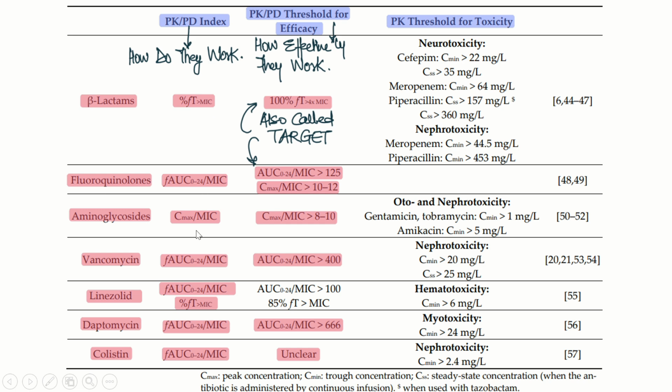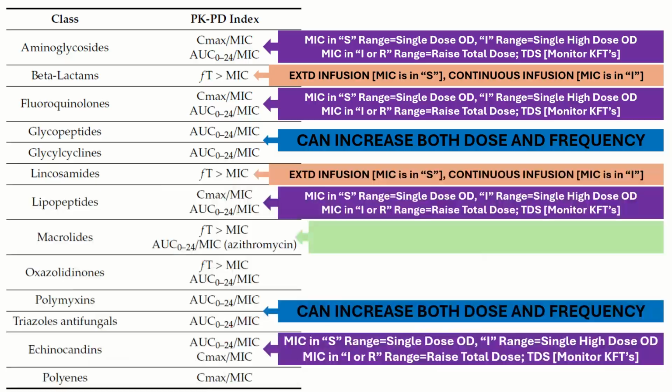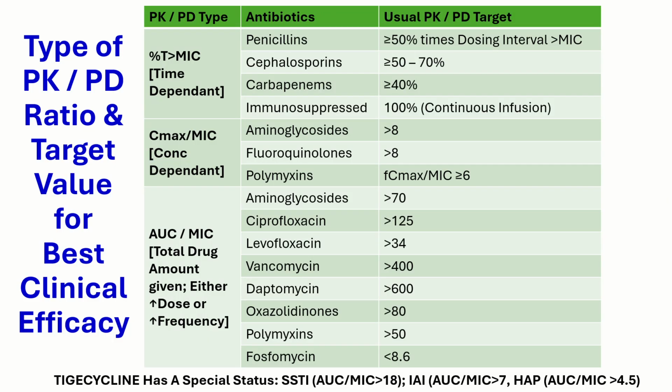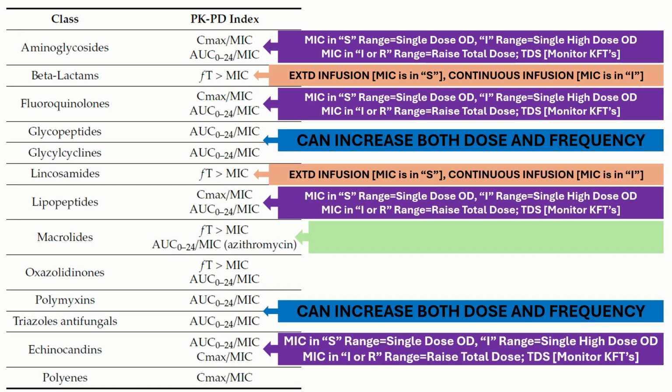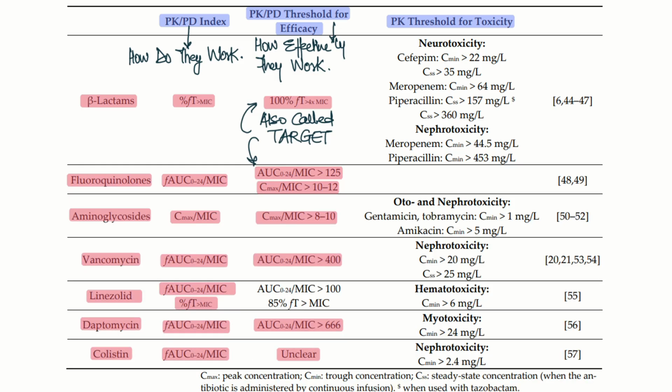Same thing goes for the aminoglycoside, Cmax to MIC ratio. This means how effectively they work. That means the PKPD target. That means if I know what percentage of time it has to be above the MIC, which I showed you in this previous table. So these are the PKPD targets for the antimicrobials, for those bugs in which the MICs are in the susceptible breakpoint range, whereas when they are slightly higher,